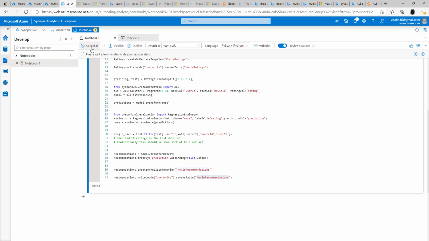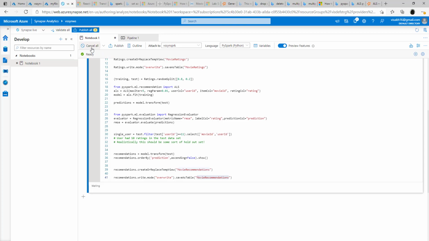And the second one will be the predictions generated using this PySpark code, and based on the prediction it will be generating the recommendations for movies for each of the users. So those recommendation data will also be stored in another table called movie recommendations. So once this processing is completed by the Spark pool, we can make use of these tables to get the data into any of our tools.